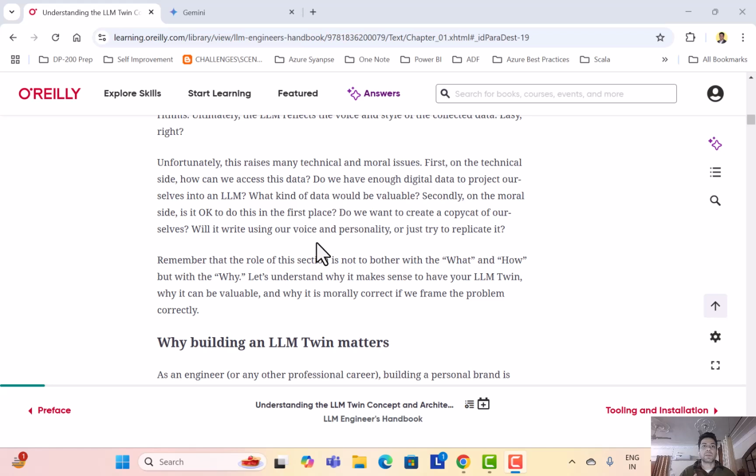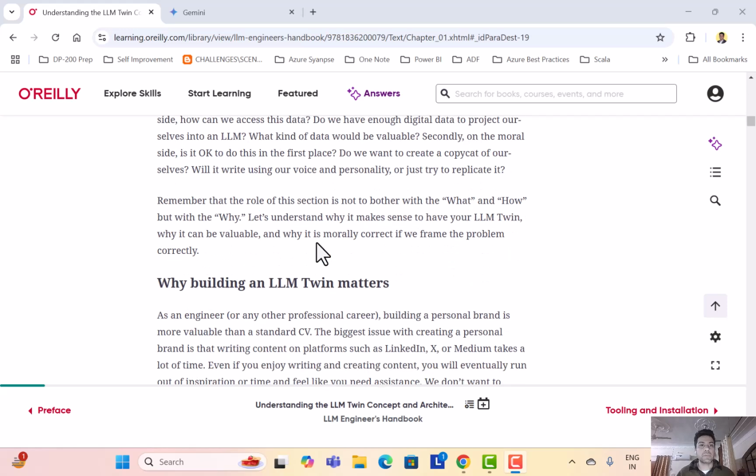These are the questions that would be there in AI and LLM technologies, because most of the work is being done by machines, but that's okay. We can proceed further. Remember that the role of this section is not to bother with the what and how, but with the why. The reason why it makes sense to have an LLM twin.